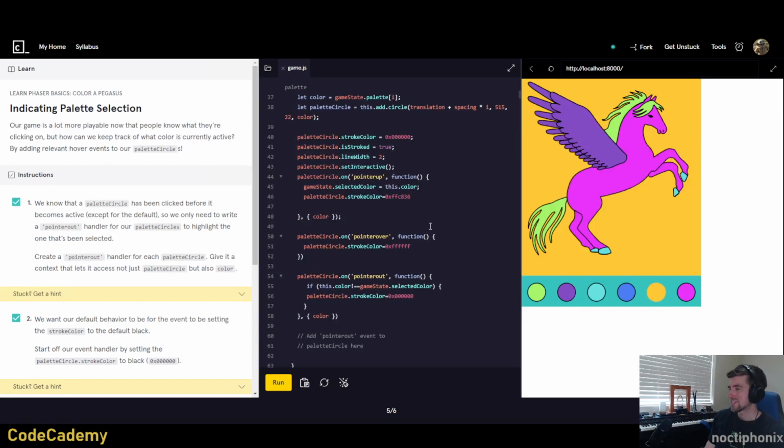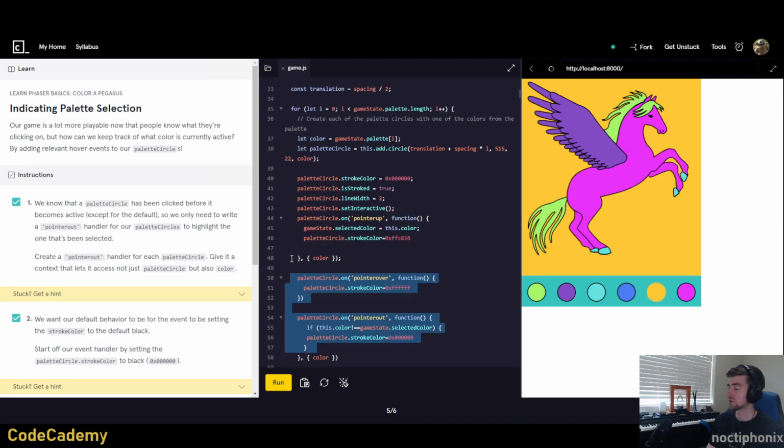All right, one last attempt, and then we're just going to look at how they programmed it. Okay, so palette circle. I'm going to flip this. I'm going to take this out, because none of these handlers need to be inside of the for loop, and I think that's our issue. Because what it's doing is saying that the only way we're able to program, like, if I click one and then the other one to disappear without me hovering over it,